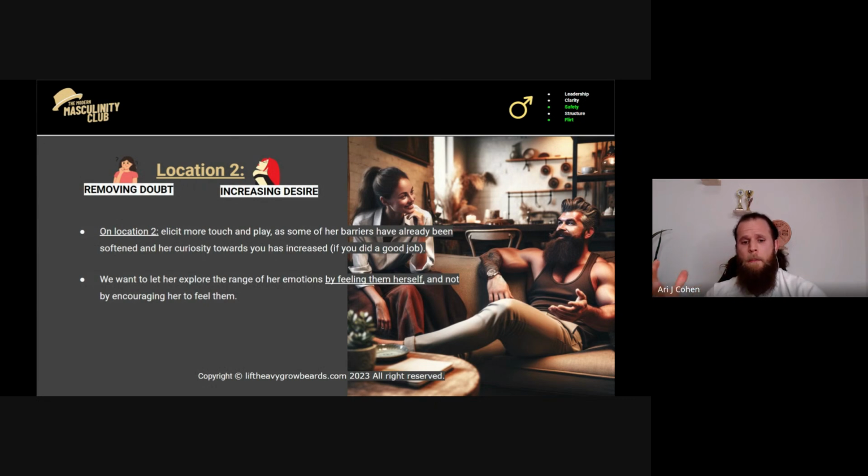And here's the thing: we want to let her, during this time, explore the range of her emotions by feeling them herself and not by encouraging her to feel them. If she's feeling the hots for you and you see it, you don't need to pounce on it, or tell her how she needs to feel. Let her feel all the emotions she's feeling in this moment, whether it's confusion, attraction, being horny, or being worried.